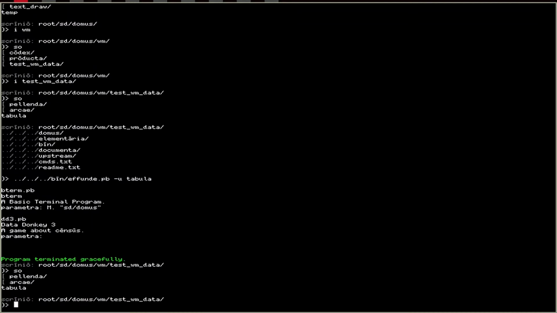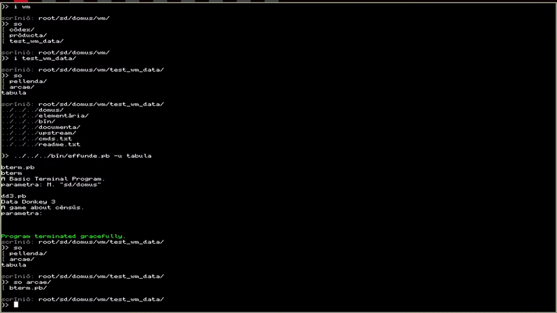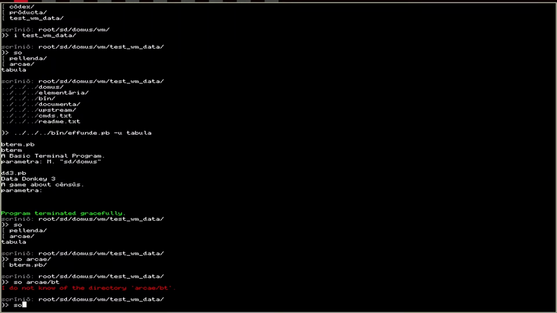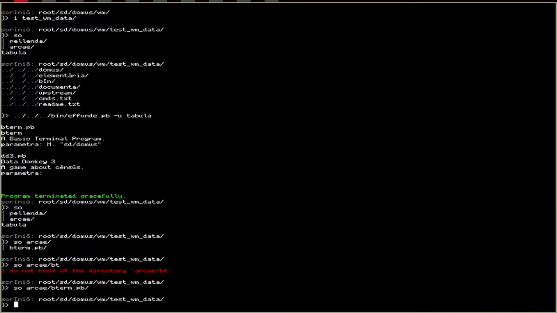And then also what's cool is if we look in the R arcs here, this bterm.pb directory was automatically created. There's nothing in here yet. But it gets automatically created if it doesn't exist and then passed to the program. So, with that,